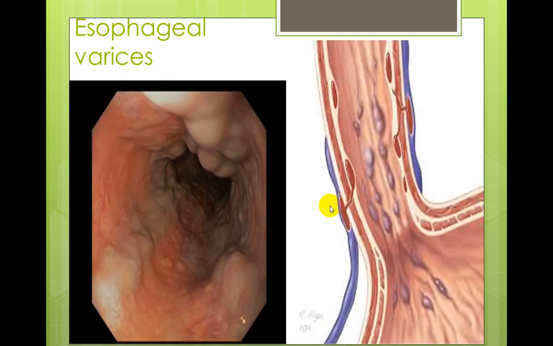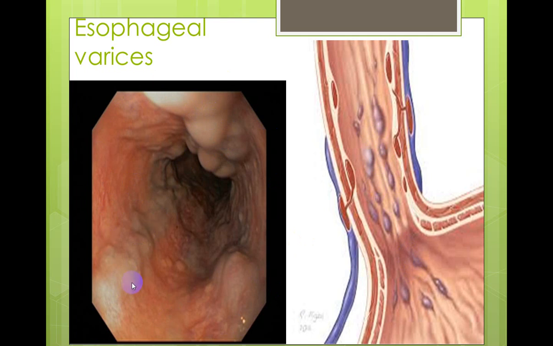Let's see them in the image. Good. This is a diagram to reveal the esophageal varices. Here are the dilated veins present in the submucosa of the esophagus, and here is the endoscopic image. When dilation of the submucosal veins occurs, it will push the mucosa toward the